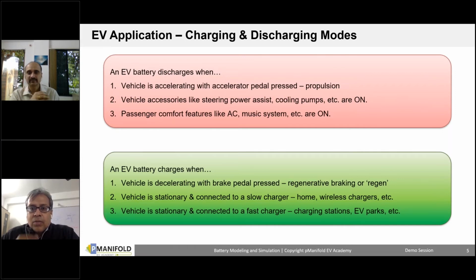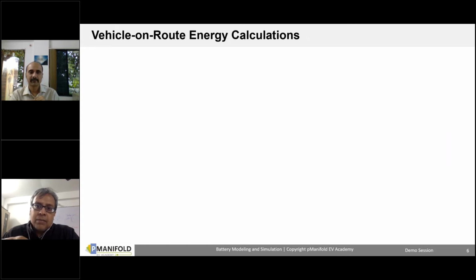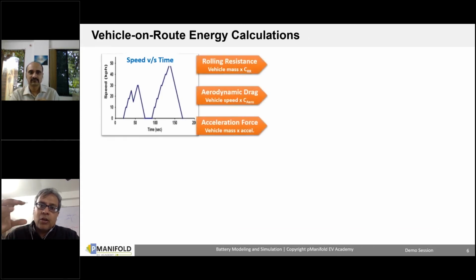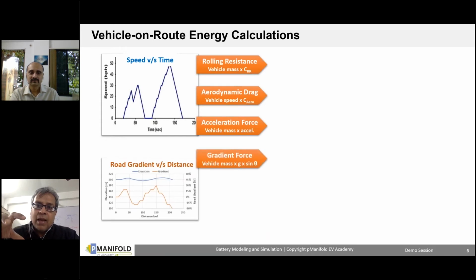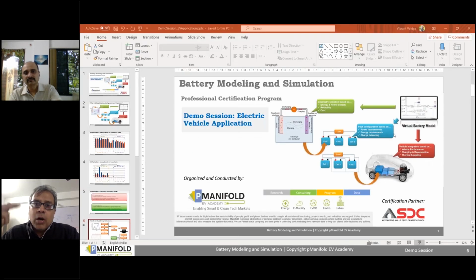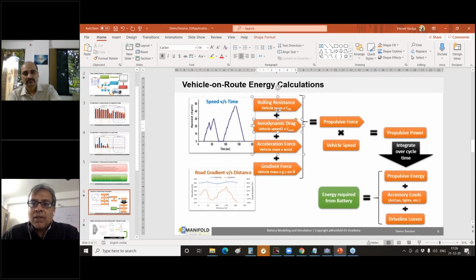So I just want to make a point to everyone, that all these charge and discharge use cases are something that as part of this program you will learn to model as a load onto the battery. So you will have a battery model, and these are different loads which will be acting on the battery, and that will determine different usage or charging of the battery. And that needs to be controlled with the right algorithm and right control design, right intervention, and those things you will be able to model, understand, and see yourself in the course with the right modeling. So that is what this course is about.